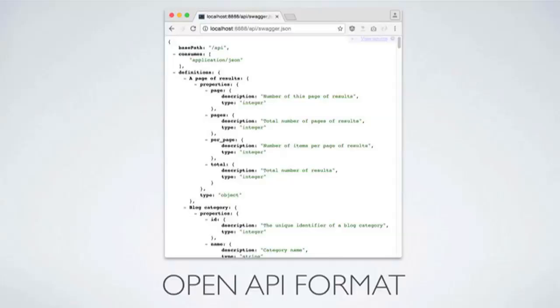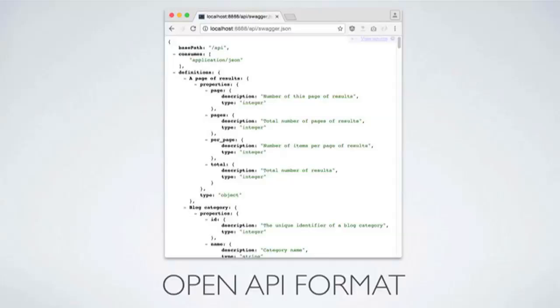So first, how it works. The way this Swagger UI is created is through a specification called the Open API format, and that is a format of describing your API in a language that can be consumed by either the Swagger UI or other tools.